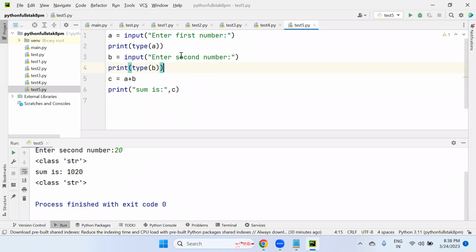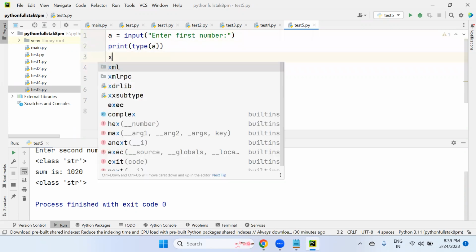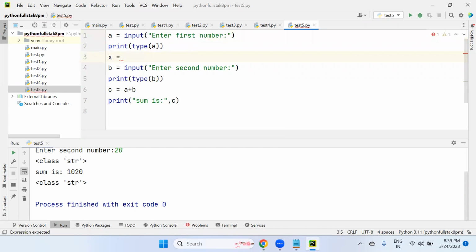So just now I discussed how to typecast, meaning converting from one type to another type. What I'm saying here, I'm entering a variable value that is treated as string. This string I want to convert into integer. x equals, I'm storing that into another variable, int of a. This is typecasting. The value of variable a, which is a string value, is converted to integer. After converting, it's stored into x only. Right now, after converting this string a to integer, the x value is integer type.